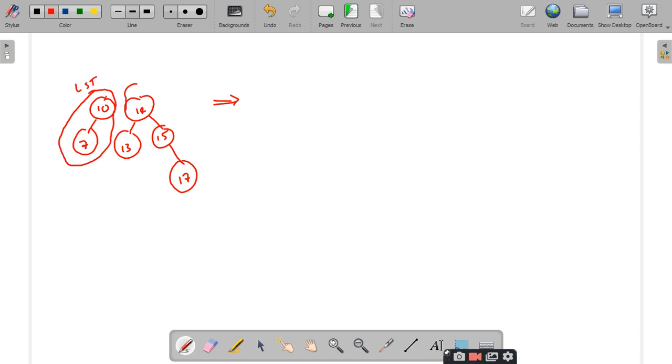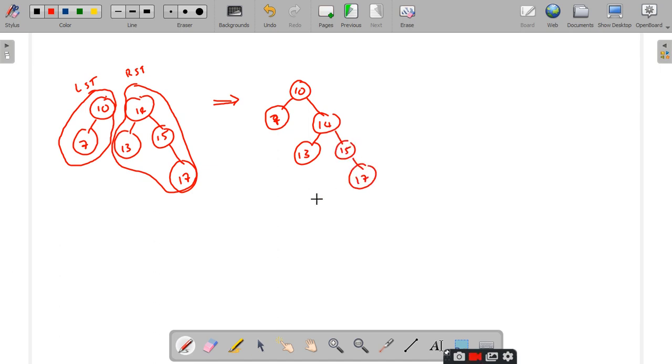And this is RST, right subtree. So what is the largest element in LST? 10. Do you need to splay it? No, sir, not required. Why? Because 10 is already present as the root node, nothing to splay. So you keep this as it is and you attach the right subtree as the right child of 10. This is another case. If the largest element is already present as the root node, there is nothing to splay. That is what I want to tell. Is it clear?